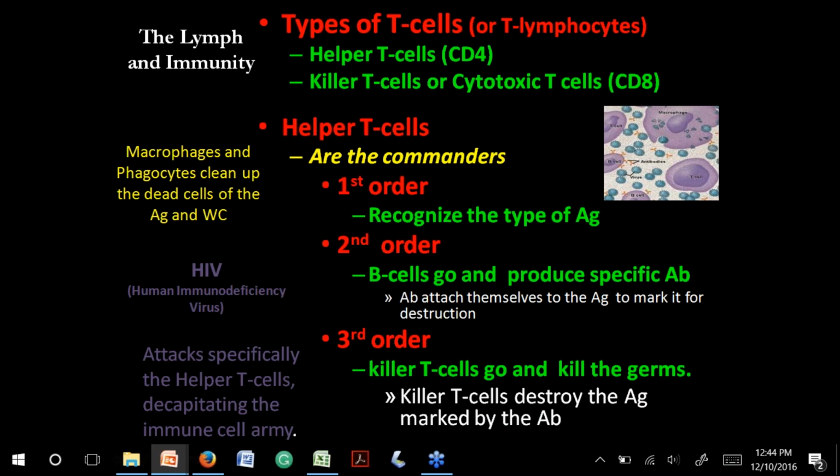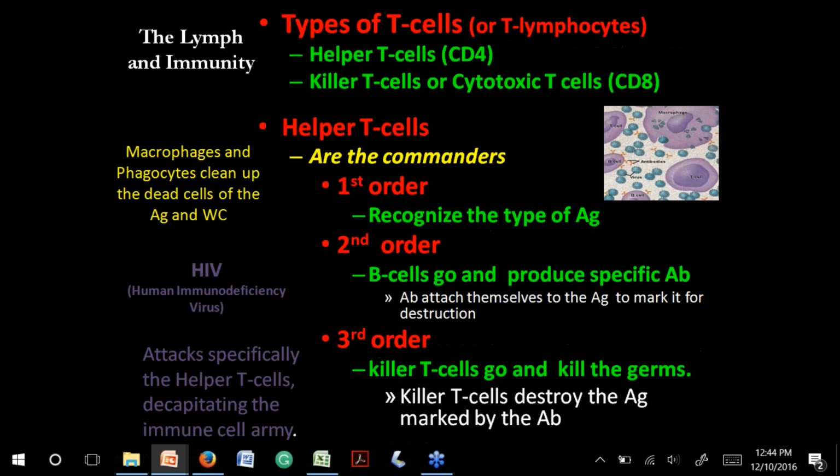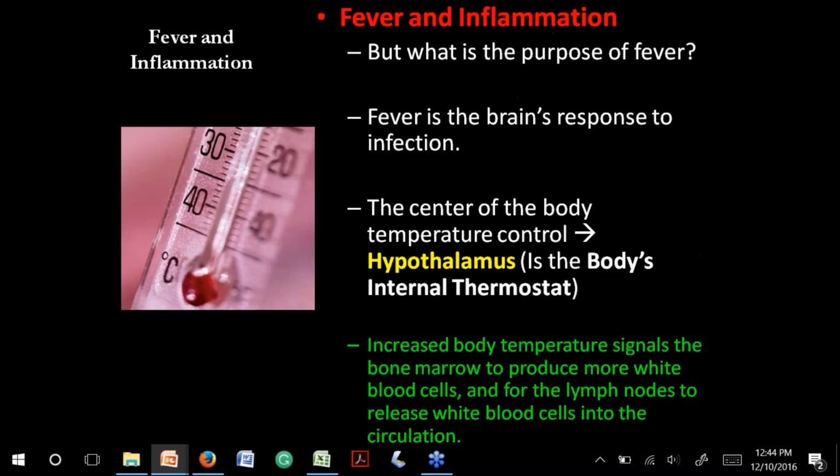We have the T cells organization: the T helpers, the T suppressors, the T cytotoxics, and the T memory cells, right? And the brain of everything is going to be the T helpers, right? T helpers, we did that in class, so I hope that is very important. Fever and inflammation, please. Fever is important, yes. Inflammation, 5 cardinal signs. The control center of fever is the hypothalamus, hypothalamus, hypothalamus.